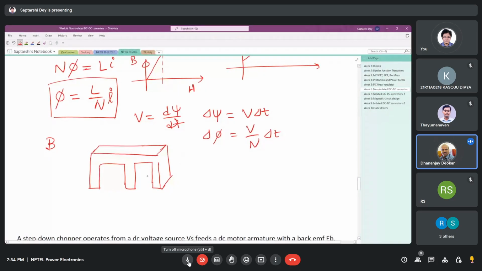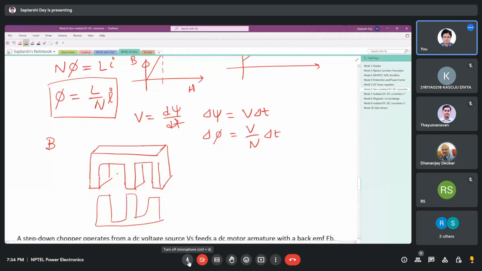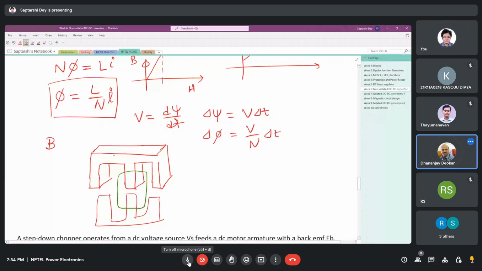If it is like this, and say the flux is flowing like this, if you have a similar body here like this, and if you have the winding here, then the cross section that the flux is getting to flow through,